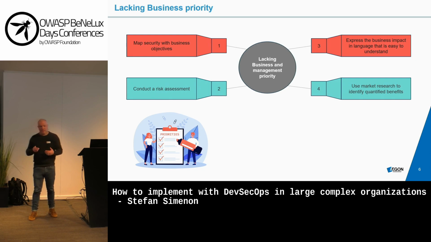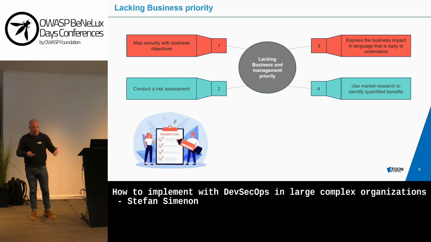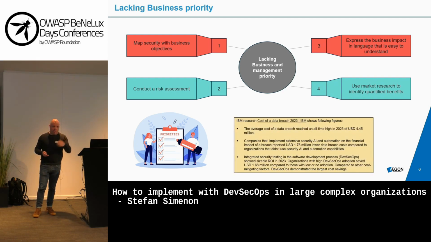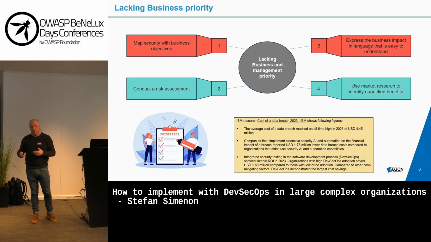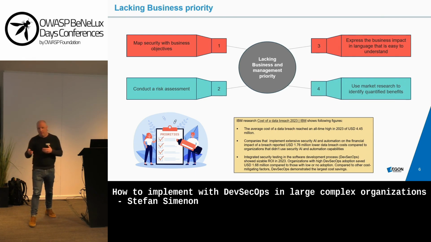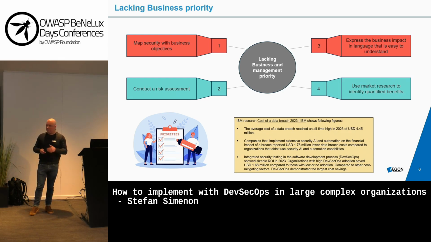But the problem with these kinds of programs is that you can make the cost very visible, but the benefits, the reduced risk, the increased time to market, those benefits are very hard to make tangible. So there is market research. If you Google on the internet, there is market research that shows what is the average cost of a breach, or what savings companies have if they focus on AI or on certain security programs. There are senior managers who like data. That kind of market research can be used to convince management.